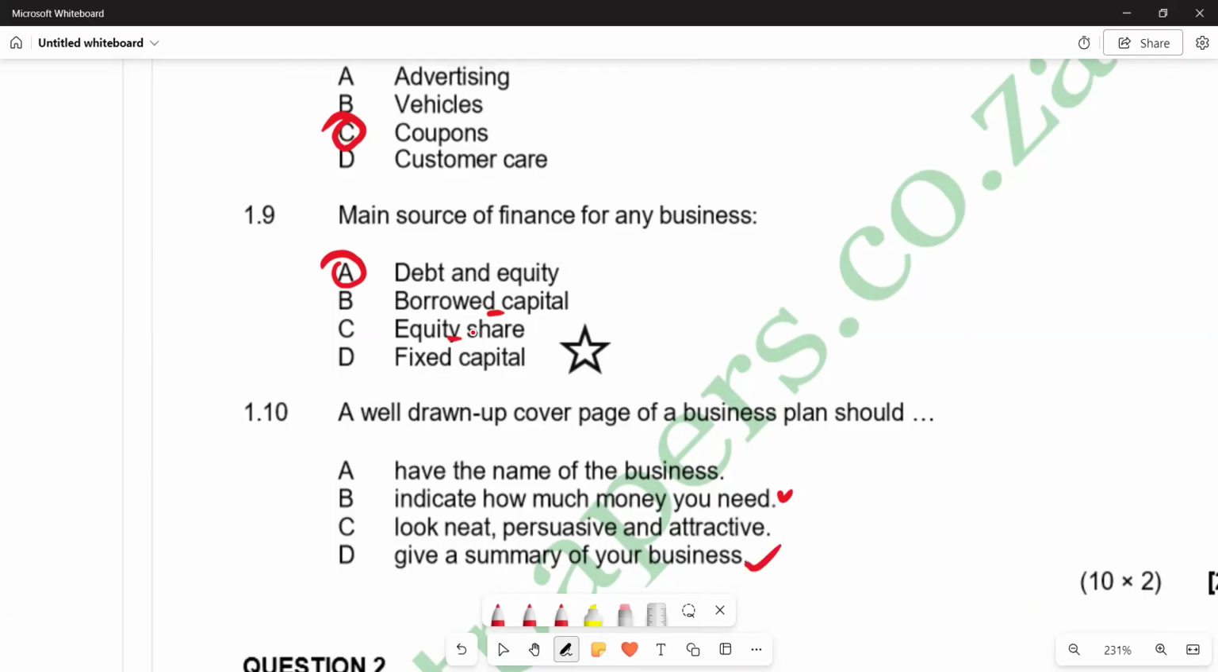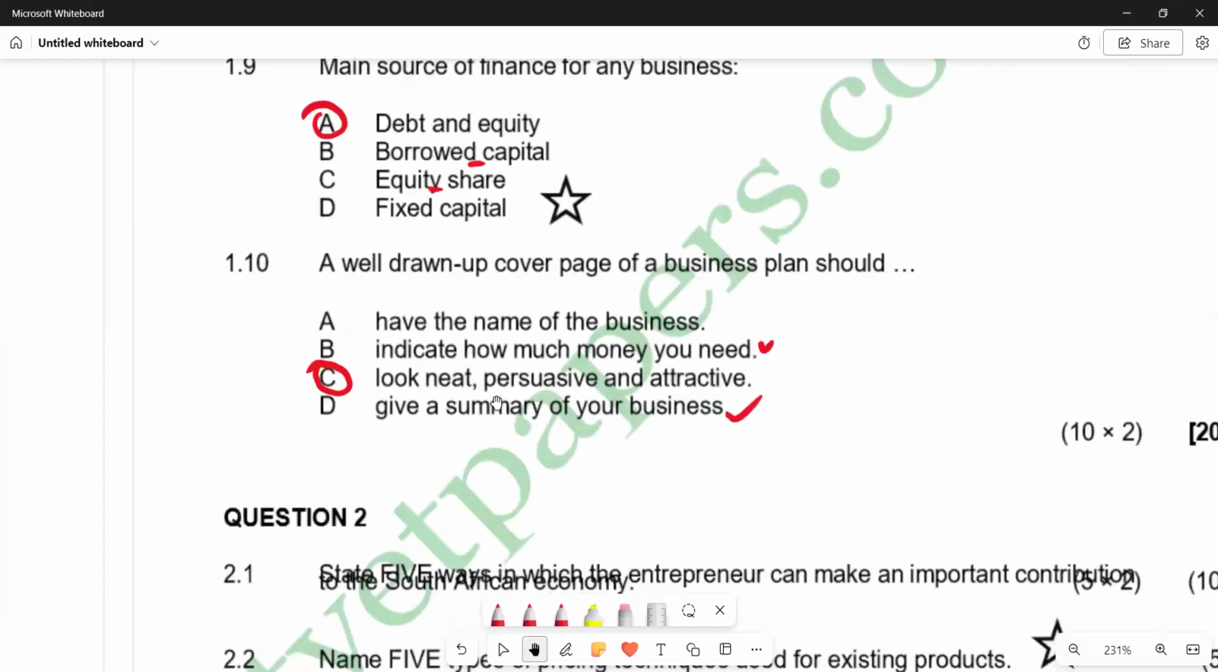So A is saying you have the name of the business. C is saying look neat, persuasive, and attractive. So the most appropriate that we have there is C, which is saying look neat, persuasive, and attractive. So we have got C as the correct answer. Then we can go to the next question that we have according to this video. We have got question number 2.1, which is saying state